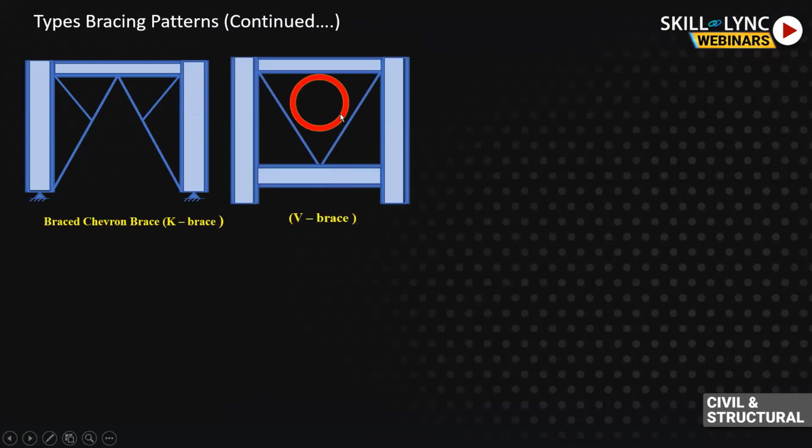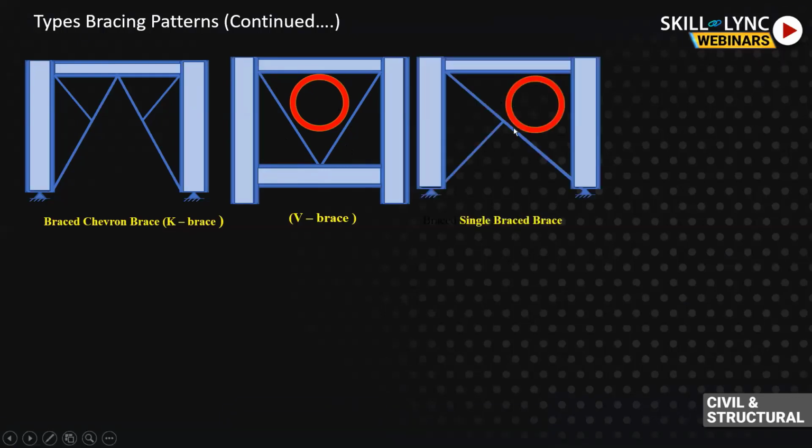Then we have a V brace. As we were discussing regarding the choice of bracing, there may be some obstacles, or some duct or instrument going through somewhere. In this kind of case, where there is one circuit going on, you might require this kind of bracing. You cannot provide it the other way, because it is not possible as this is coming through this particular bay, hence you have to put the V brace.